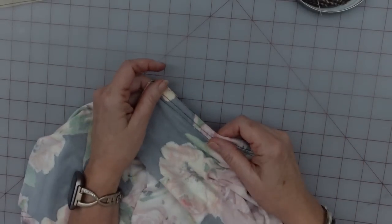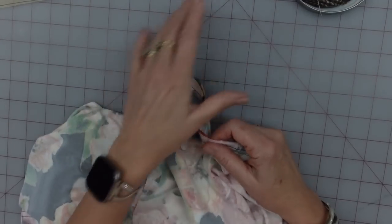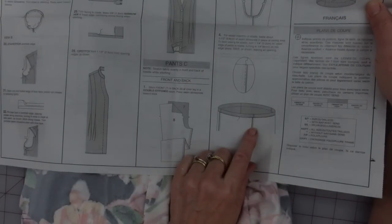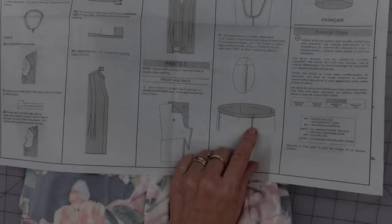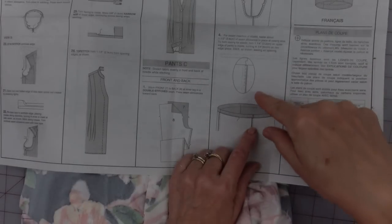You know, I do things other ways too, but this is just the way I choose to do it today. So these pants are almost done. I just need to go ahead and get to the part where we're putting in the elastic. Now, before I turn down the